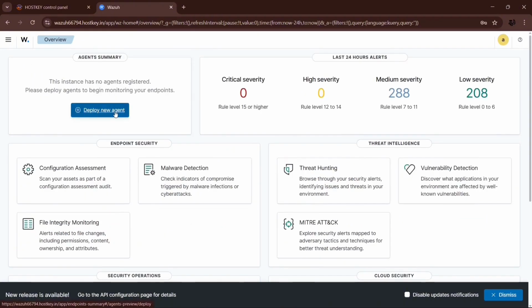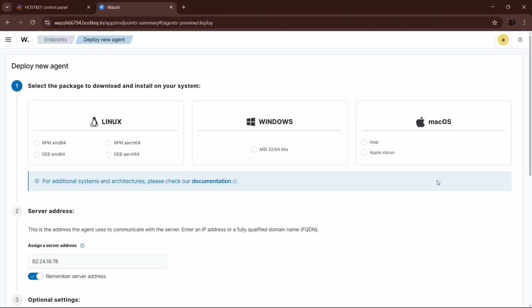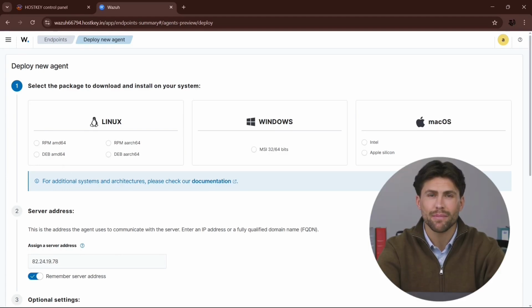Now let's deploy the first monitoring agent. Click Deploy New Agent to open the Agent Creation Wizard. An agent is a component installed on a target machine that collects security data and sends it to the Wazuh server for analysis. In the wizard, select the installation package type based on the target OS and CPU architecture: DEB